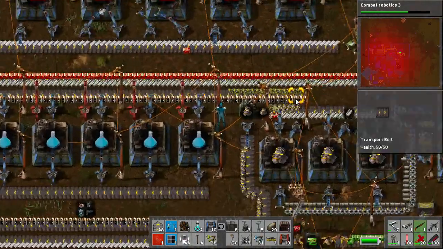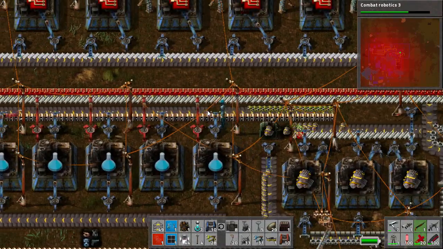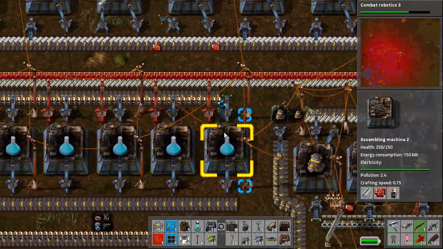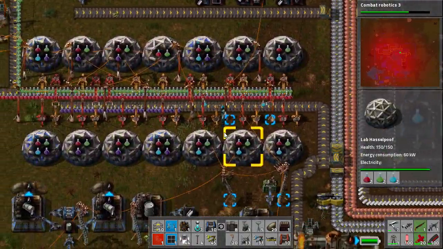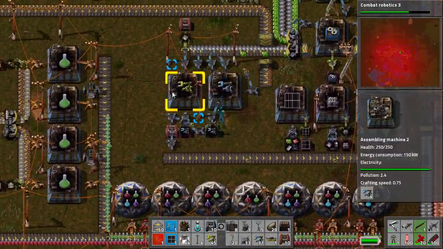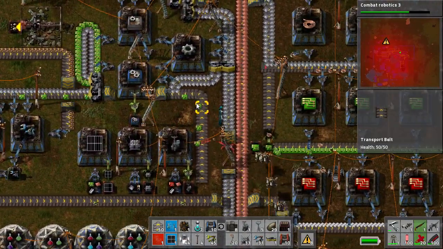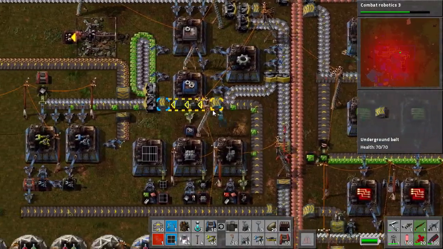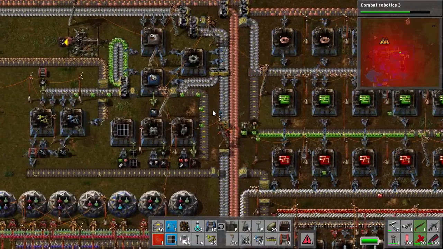No wonder. Why is that all the way to there? Is there any reason for it to be? I don't think so. The limiting factor is going to be blue science by the looks of it. That's being limited by green circuits. I think possibly what I need to do is create